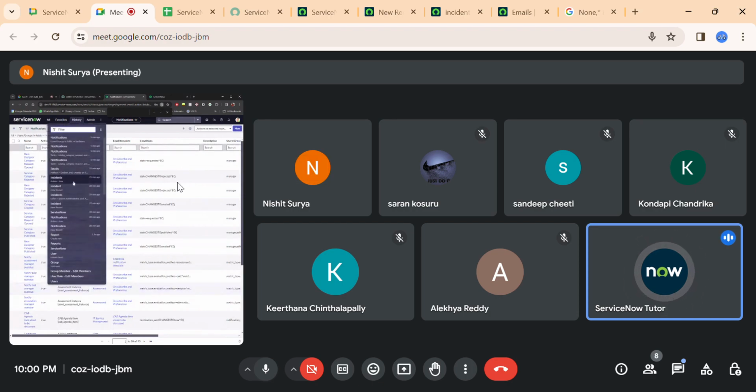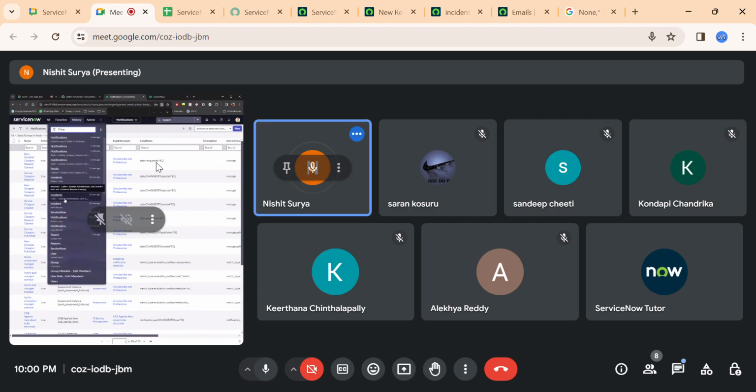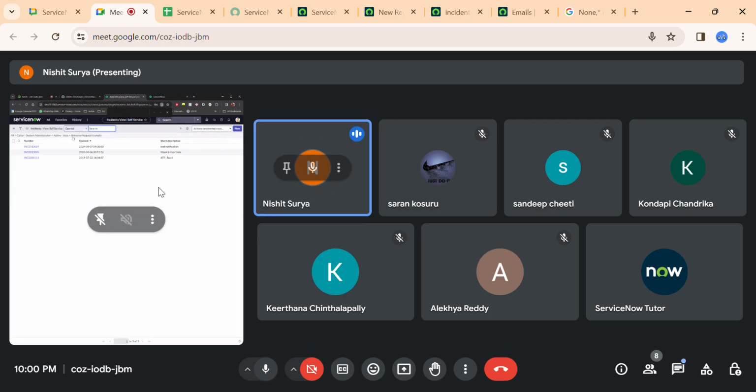You can see in your history tab, or you have a column called updated. You can check that particular box, updated. You can click on that, then you'll be getting the latest records.